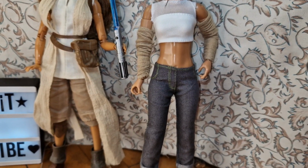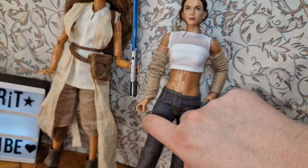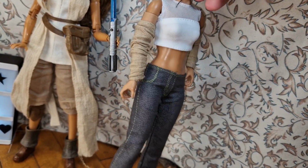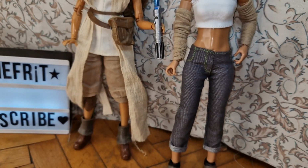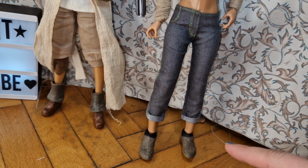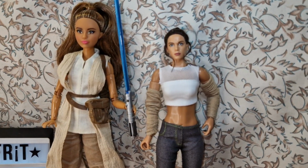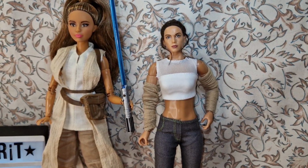I really like the proportions of this body. I wish Mattel would give us a Barbie with, you know, breeches, which is so pretty, and with a thicker waist and more sporty like that. But in Barbie proportions, I think it's really pretty. And yeah, the sad thing is that she's forever with these shoes, unless I buy another figurine like her and swap them. But yeah, I just thought it was funny and wanted to share. My phone wants to focus on the Barbie, not on her for some reason. Okay,